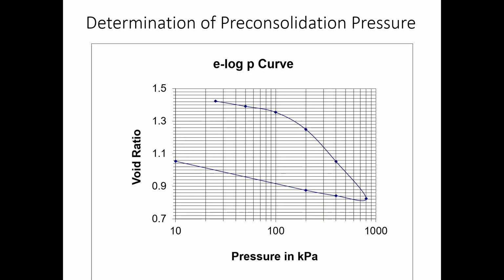Now we will determine the pre-consolidation pressure using the Casagrande method. By visual observation, establish a point at which the E log P plot has a minimum radius of curvature. Then draw a horizontal line from that point and a tangent. The two lines make an angle, and then draw a bisector of this angle. Project the straight line portion of the E log P plot back to intersect the bisector. The abscissa of the point at which the two lines intersect is the pre-consolidation pressure.